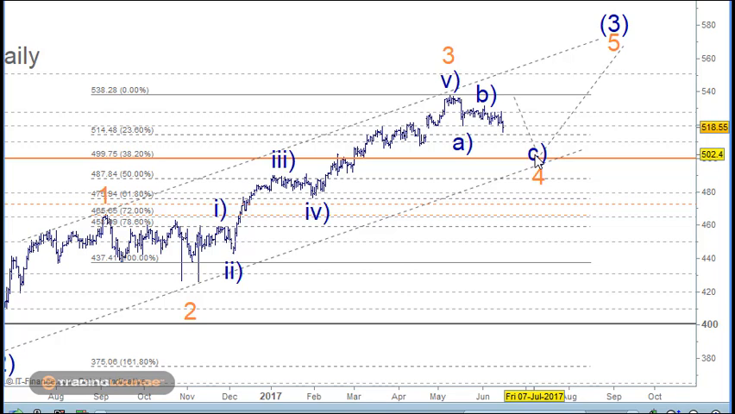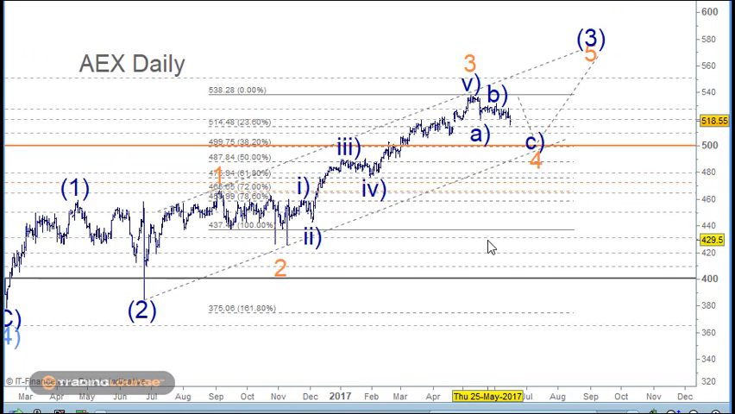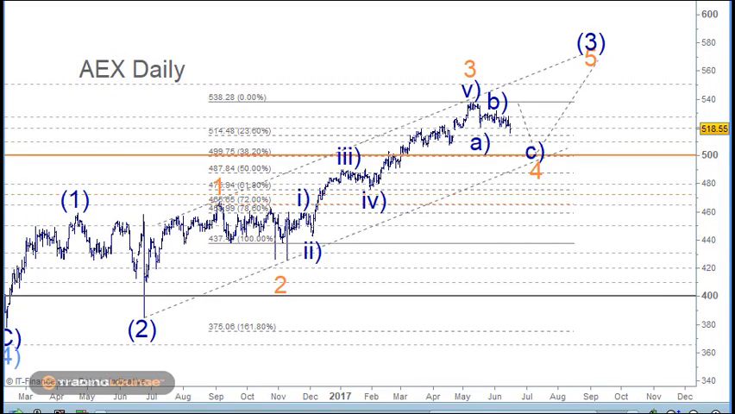Okay, don't worry about this wave 3 or this wave 3 coming back here just yet. I really need to sit with that for a while and just look at other things. And of course, we've got